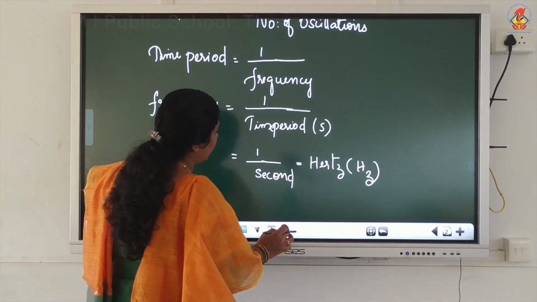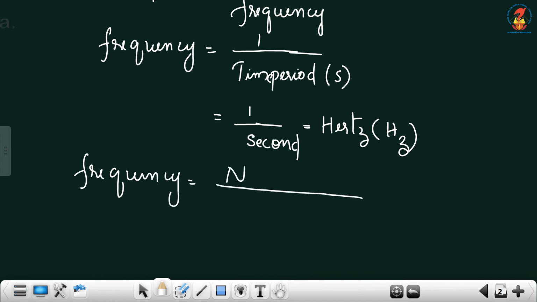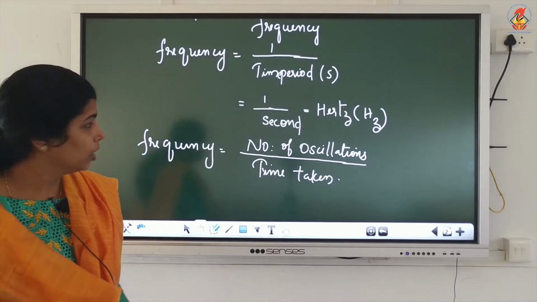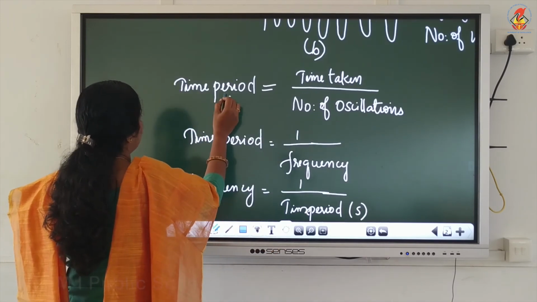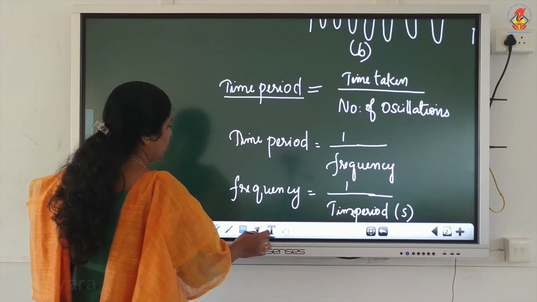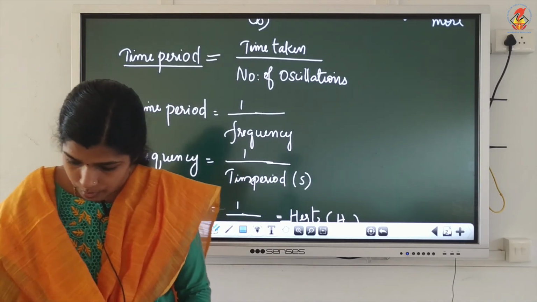Now, we can write one more equation for frequency, that is frequency equal to number of oscillations divided by time taken. So, with this equation and with the equation to find time period, problems are there to do. That's given in your textbook